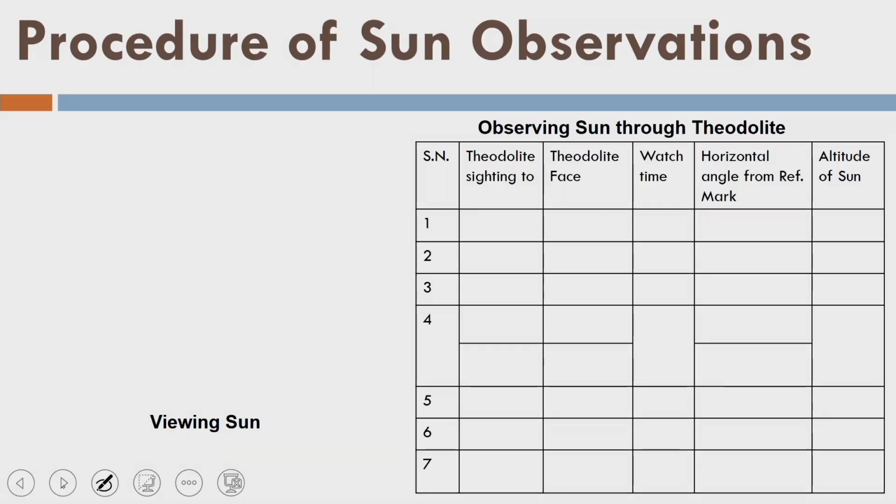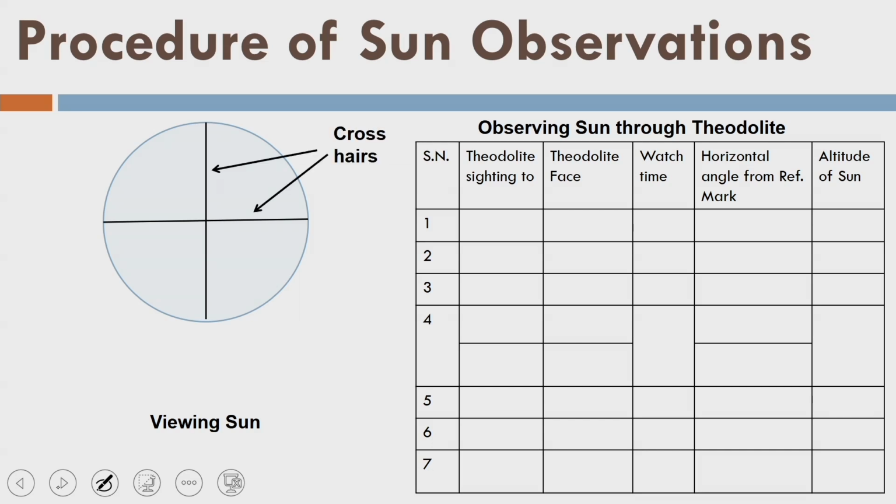Okay, so let us go ahead. Now try to learn what is the procedure to observe the sun in order to make the calculation of the azimuth of the reference mark or finding out the true astronomic north. So first of all, we have a theodolite or an angle measuring instrument and a clock. It could be a total station, electronic theodolite or mechanical theodolite. I am looking at any object with these crosshairs. So I am putting my object somewhere in these crosshairs.